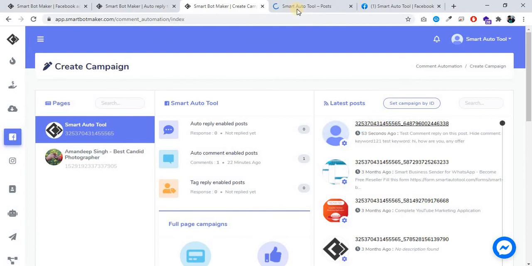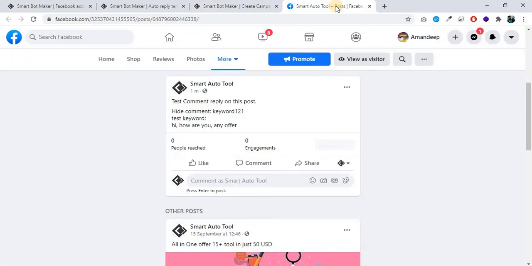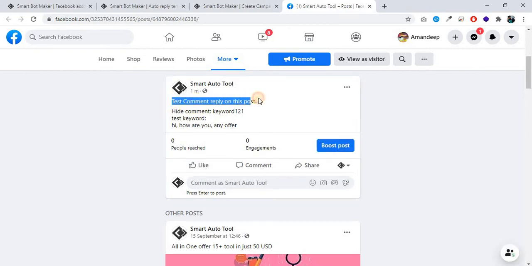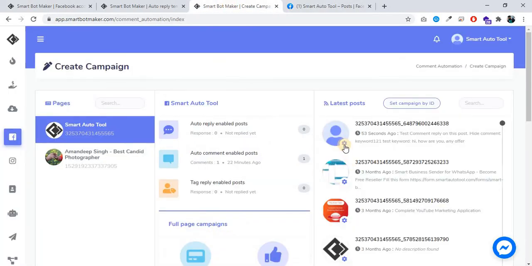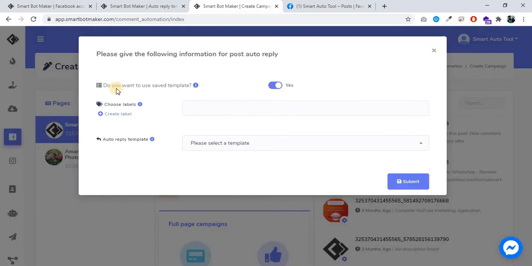First we check this post. So this post I created to test comment reply. On this post, hide comment keyword 1-to-1, test keyword hi, how are you, and any offer, and we comment anything on this post. First, go to setting, enable auto reply. First option is, do you want to use saved template?